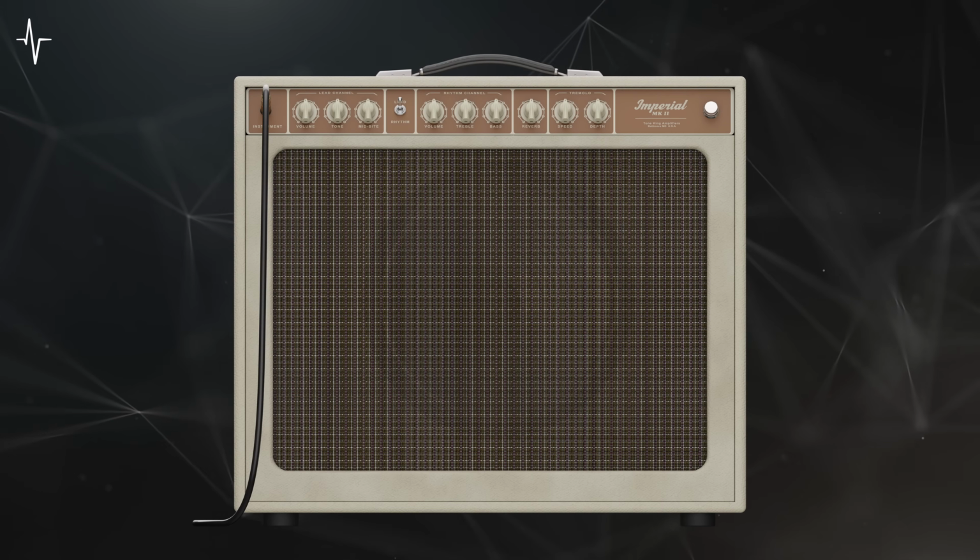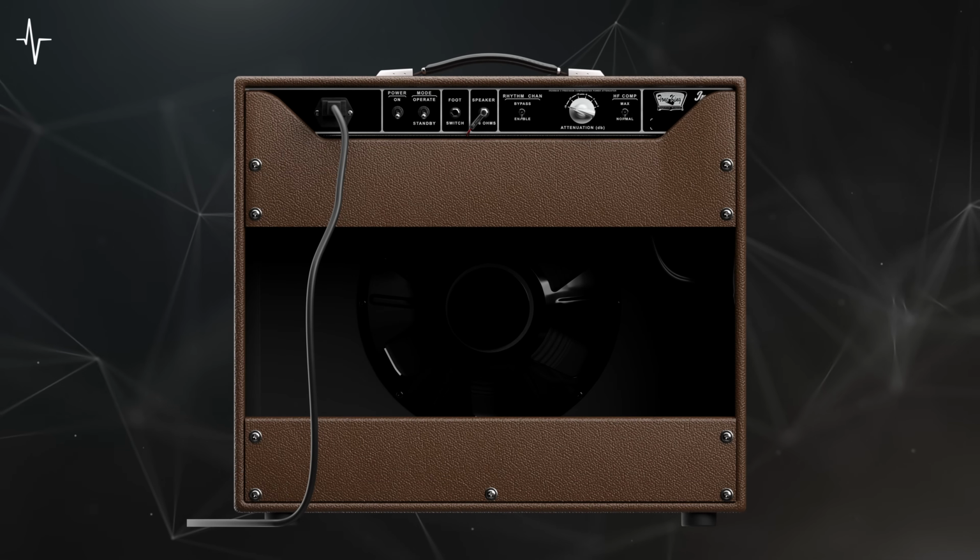So this amp is a well sought after boutique vintage style combo. It's a 1x12 20 watt amp, and it allows you to get that clean breakup, really highly desired sound. So right now we're just going to go through the default preset and then go through a few other presets, some artist presets, as well as go through the plugin from top to bottom so you can see all the